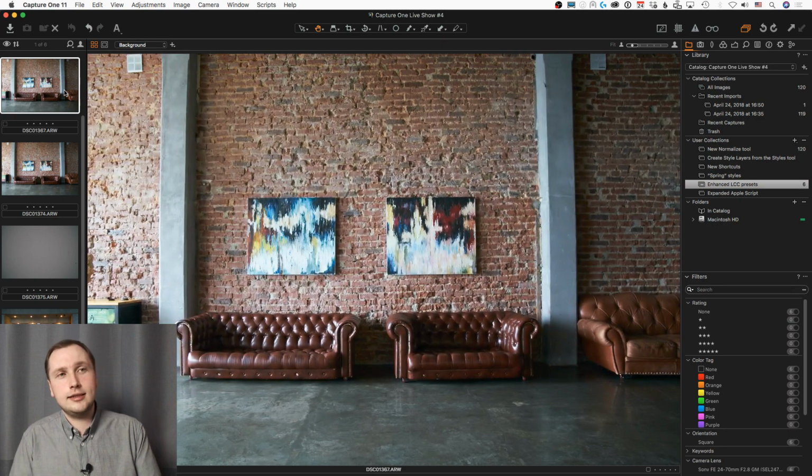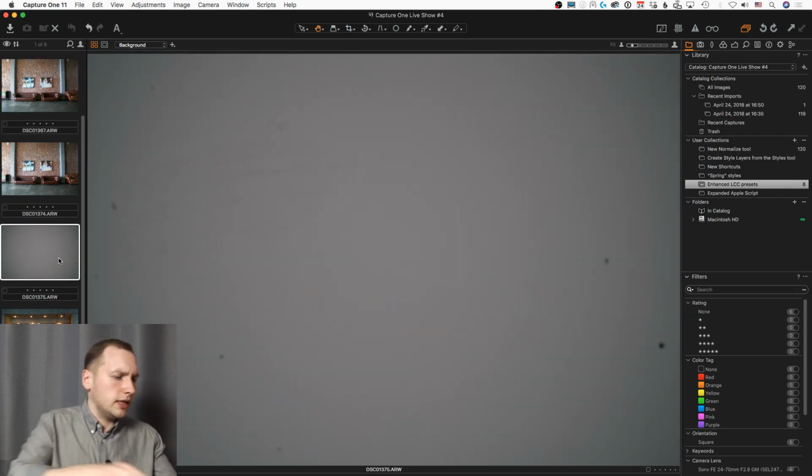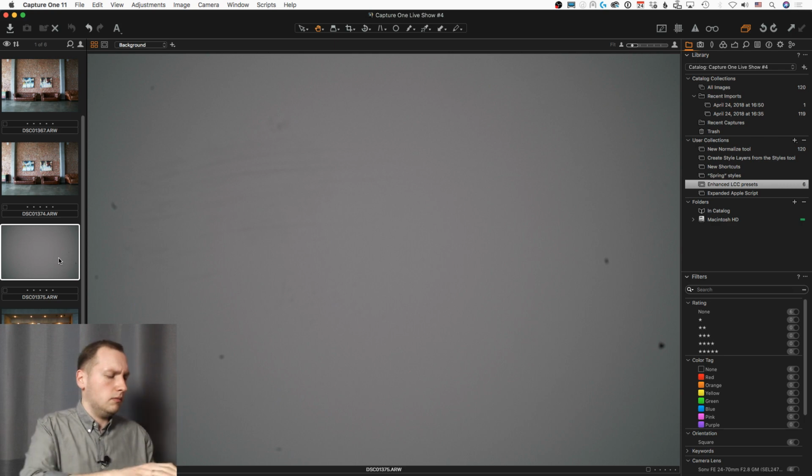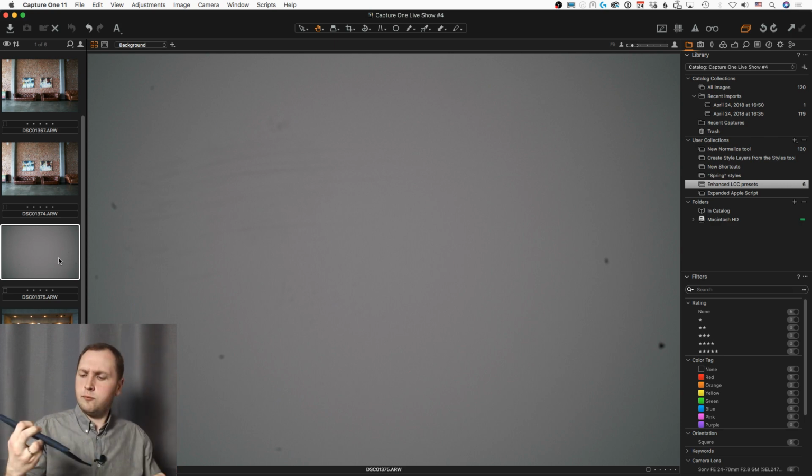Another thing is another update of Capture One 11.1, which is enhanced LCC presets. The point is that LCC is a pretty interesting thing. It looks like this. I have purchased LCC at